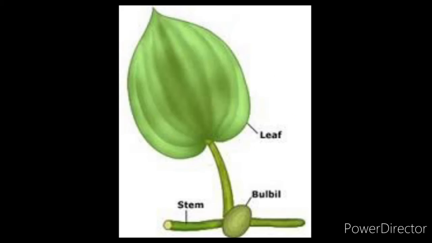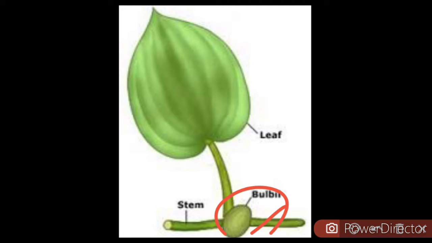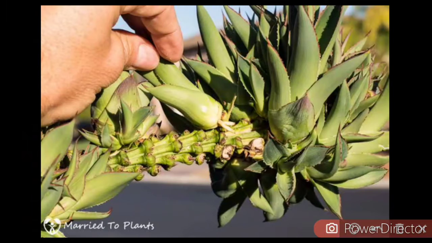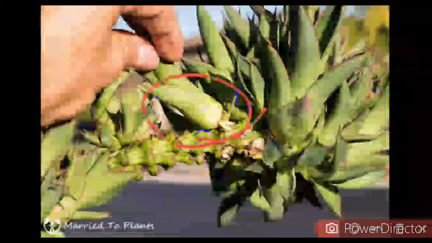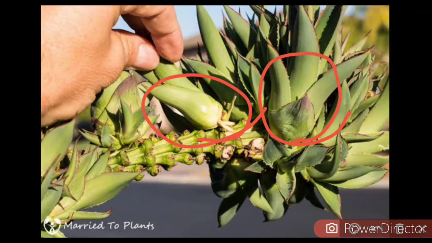So this is vegetative reproduction by root. This one is vegetative reproduction by bulbils. Now in some plants, if you see, the flower bud grows into a new plant. Now here you can see the bulbil. These are the flowering buds of the plant. When they fall on the ground, they grow into a new plant. For example, this is an agave. Agave is the name of the plant. The buds fall on the ground, and this grows into a new daughter plant. So this is vegetative reproduction by bulbils.